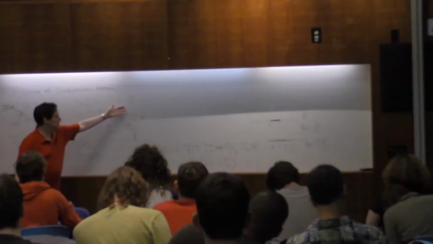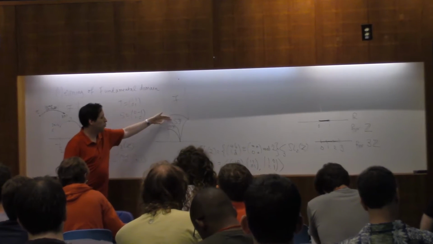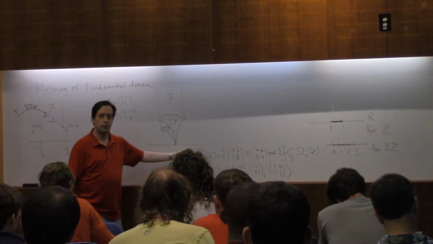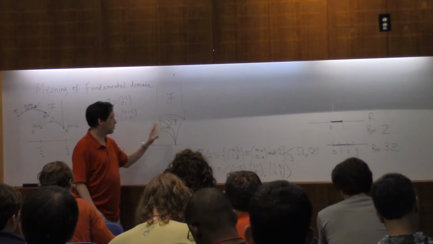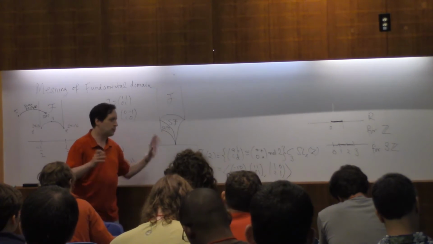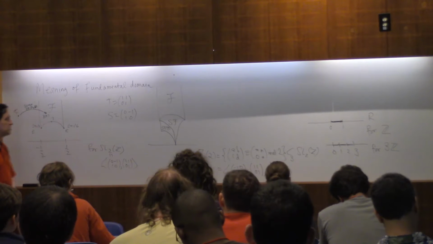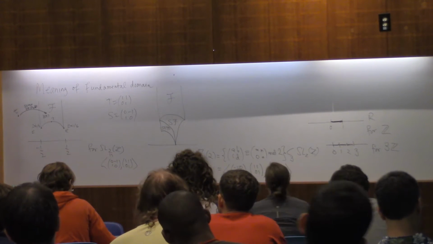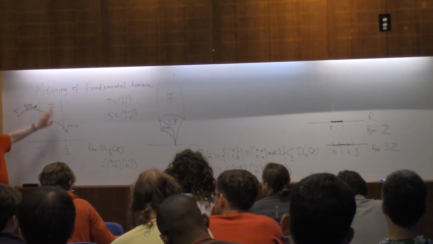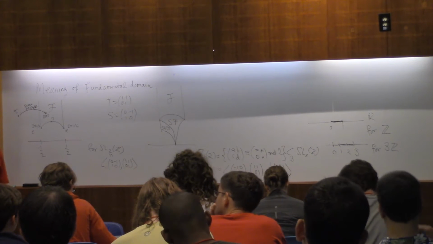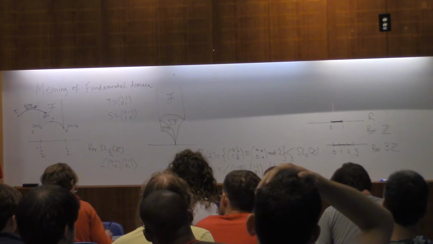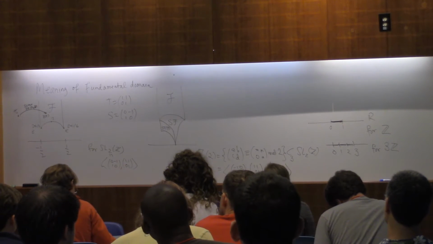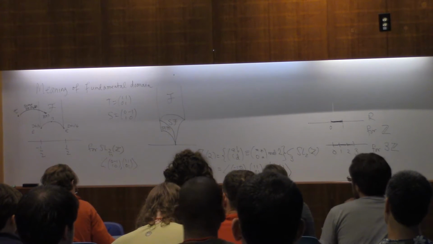Same thing here. In some sense, these choices of F and what you translate by is related to using left coset representatives of this group. But this group is non-abelian, so sometimes you have to worry about something in the inverse or if it doesn't commute. But that's basically the idea of a fundamental domain, a nice space that contains the representatives from all the orbits. Right? Yeah. Question? Yeah, so the fundamental domain of gamma 0 of 2 is the union of